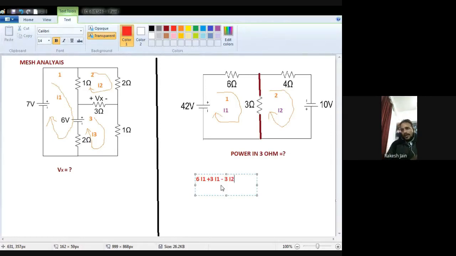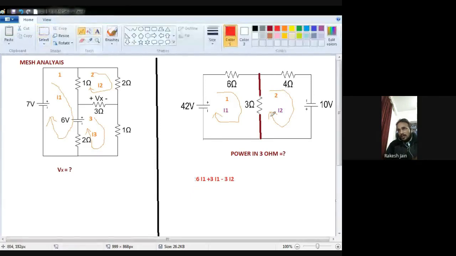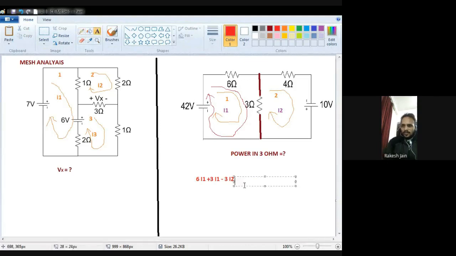Then the battery will come. See, I once again draw the direction with a pencil. I start my journey with 6 ohm, then 3 ohm, then there is nothing, then the battery will come, but the battery comes with a negative sign first. Because it comes with a negative sign, I have to write negative as it is. Whatever polarity comes in front of you, just write the same polarity. So minus 42 will be there.